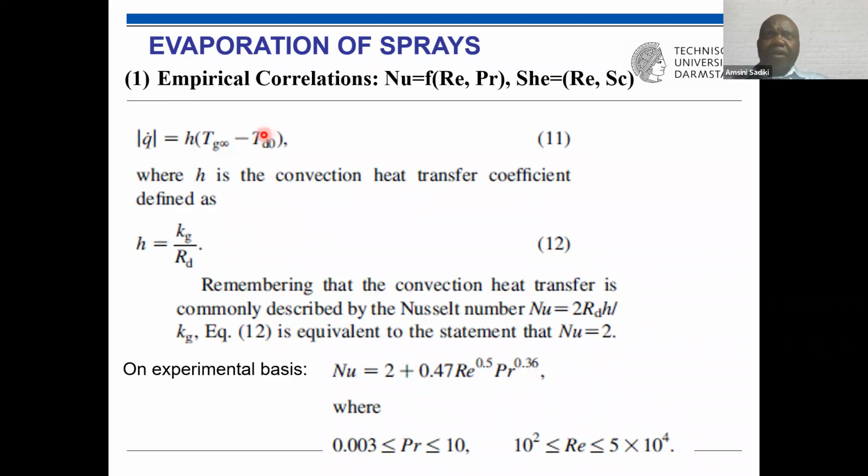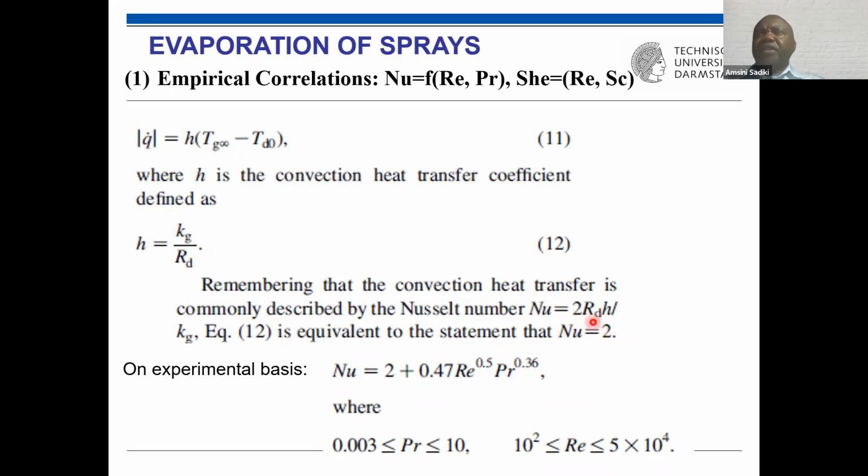Okay. We have the heat transfer coefficient, and it was defined as this here. It was related to the Nusselt number. Yes, we did it yesterday in this form. And if we have defined this heat transfer in this way, as we also did yesterday, this means that